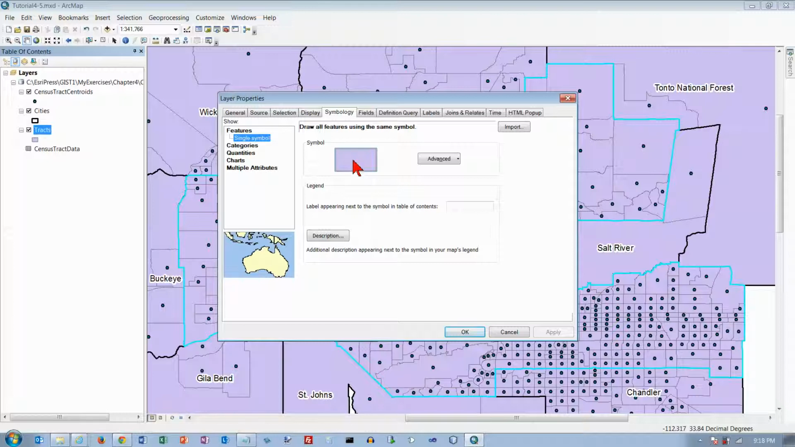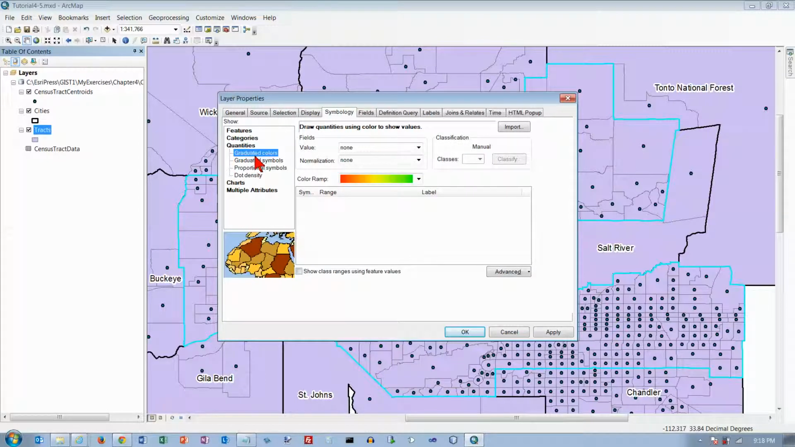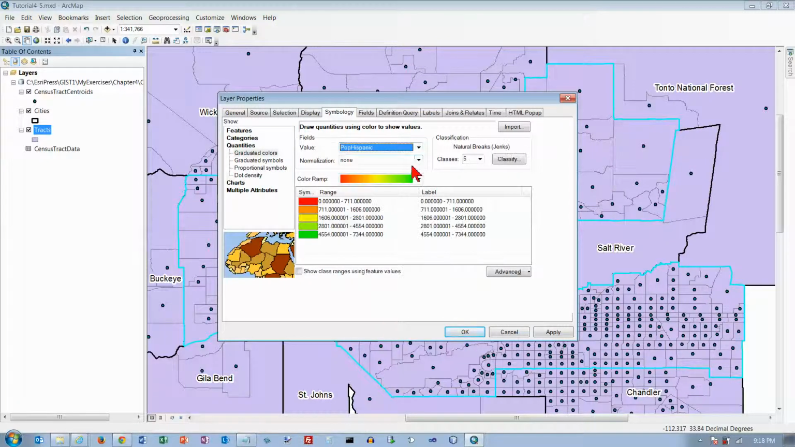And in the show panel we want quantities, graduated colors, and we want pop Hispanic here, and down here we want pop total. So that's going to take the Hispanic population and divide it by the total population, so we'll get a percentage of Hispanics in each census tract. And for classify we want quantile,